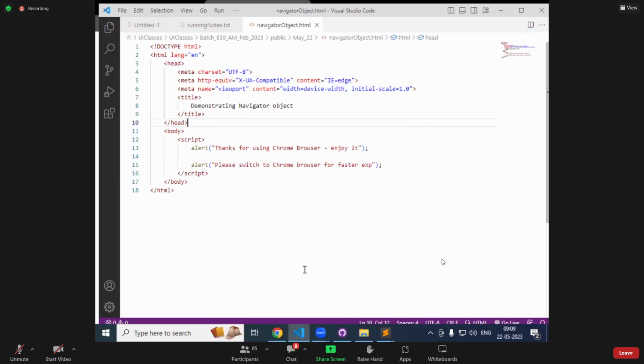You would have seen in most web pages, they say, boss, please plug in your earphones for a better experience. Have you ever seen that whenever you're trying to listen to music, they say, please put on your earphones for better music. But if you plug them in, it doesn't show that pop-up. How come? Why is it saying that? In the same way, some of the browsers will say, please switch